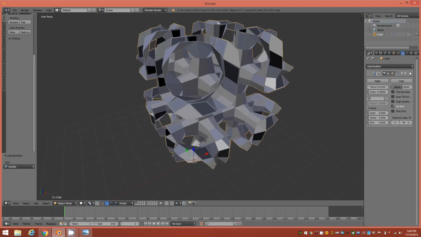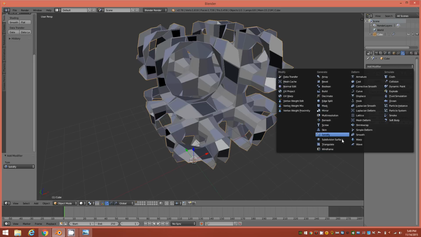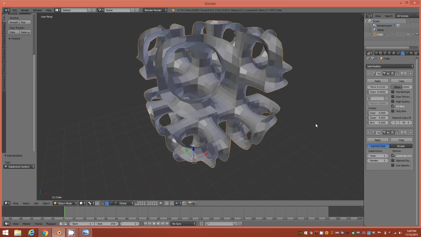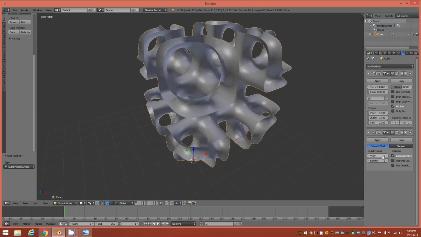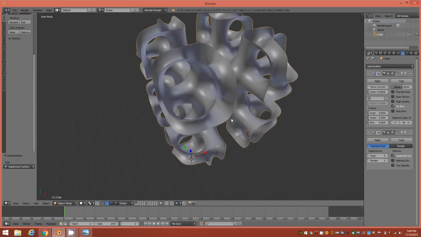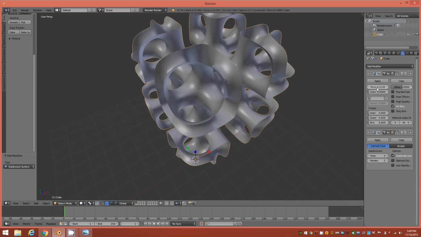Next, actually let's bring in, on top of or beneath this solidify modifier, a subdivision surface modifier, and this way we can create our thickness with the subdivisions that will be on the object, and it'll give us a better view of it. So I went up to 3 subdivisions just to see what that looks like, and now I'll go back to the